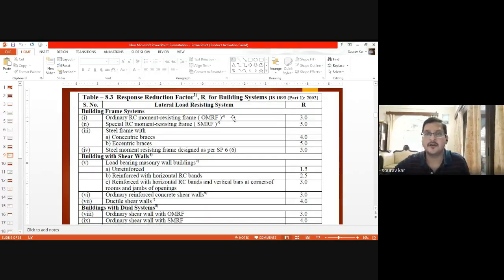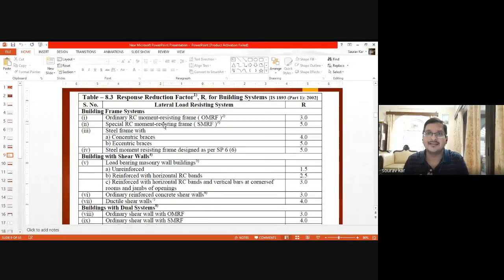Mind it, whenever you design with the 456 code, R will be 3. And if we are using a special RC moment resisting frame, SMRF, then the response reduction factor will be 5. SMRF is a special moment resisting frame where the members have a high moment carrying capacity. You have learned the moment distribution method and the slope deflection method. In the moment distribution method, again we have the stiffness concept.